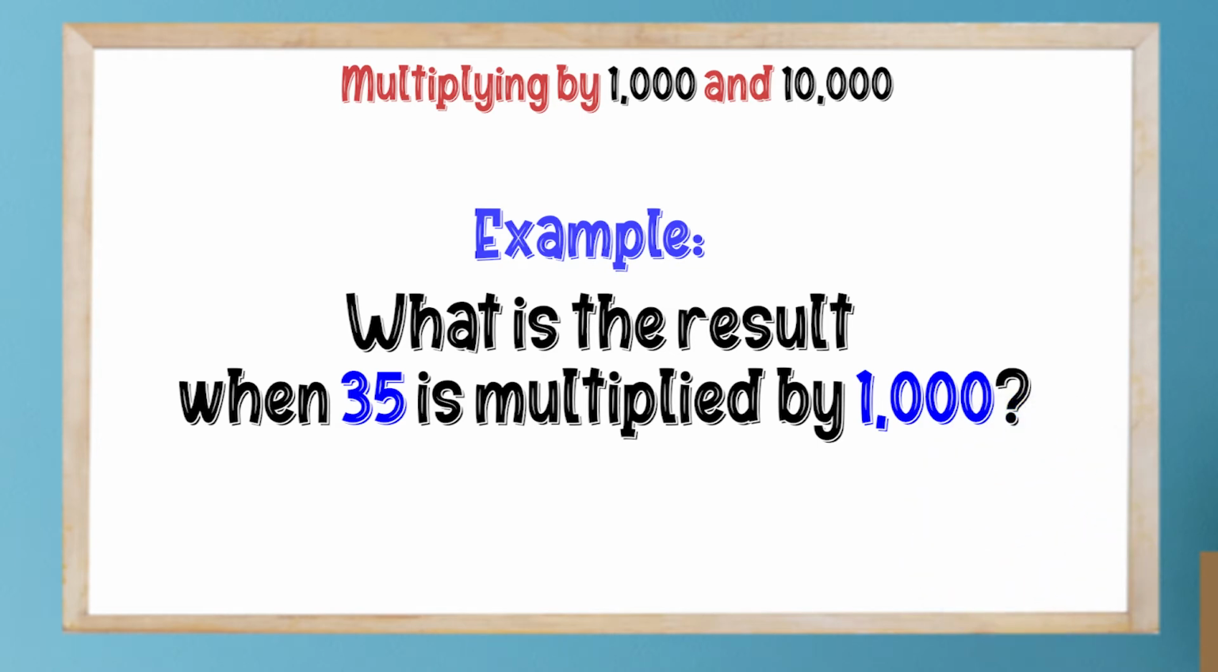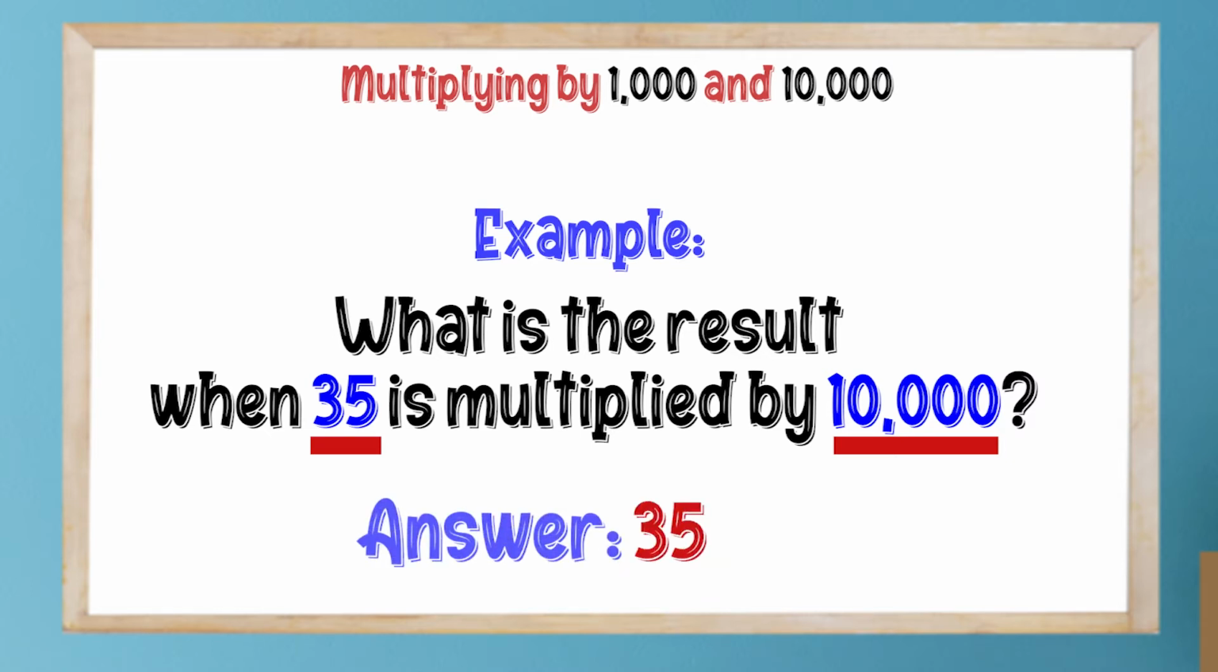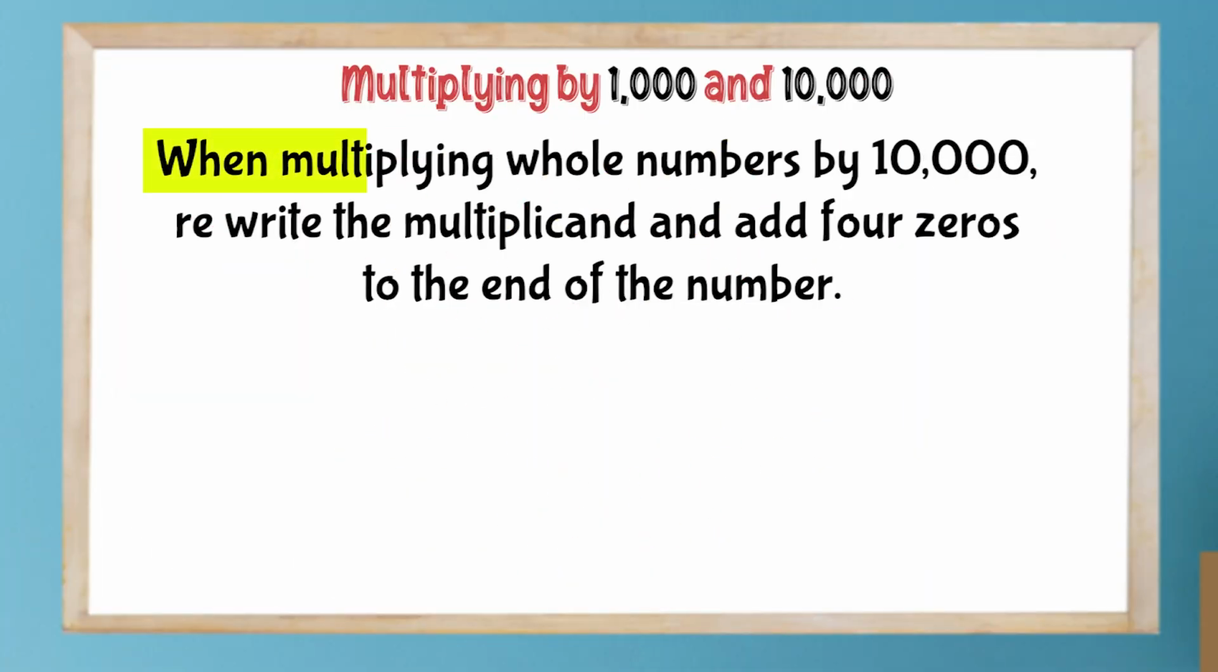In this problem, 35 is the multiplicand and 1,000 is the multiplier. So we write back our 35 and we add 3 zeros. So the product of 35 and 1,000 is 35,000. When multiplying whole numbers by 10,000, we rewrite the multiplicand, and in this case, we add 4 zeros to